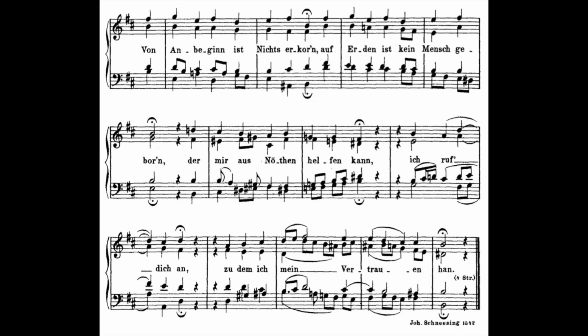this music is written for a choir, and in effect the choir will sing Zu dem ich mein Vertrauen an bass, and the tenor Zu dem ich mein